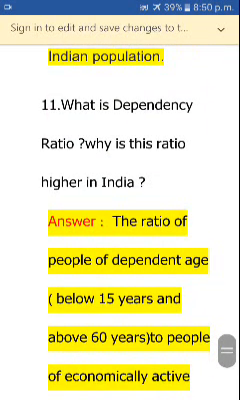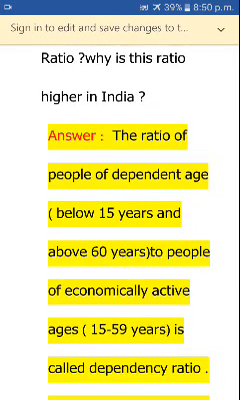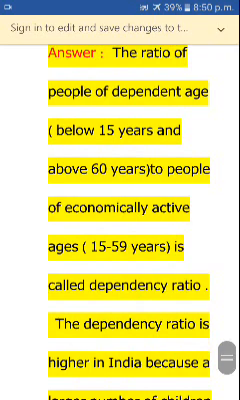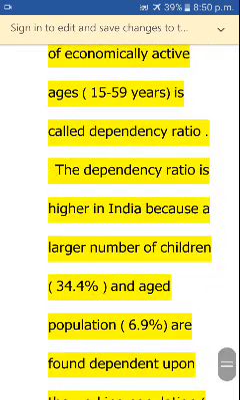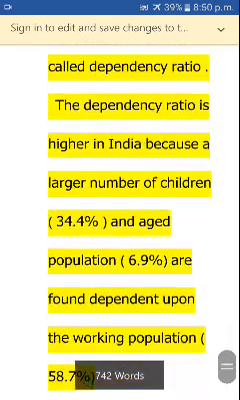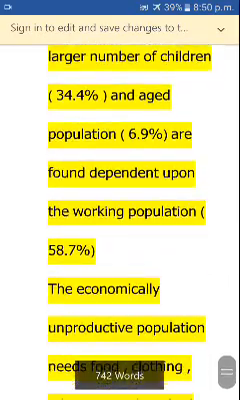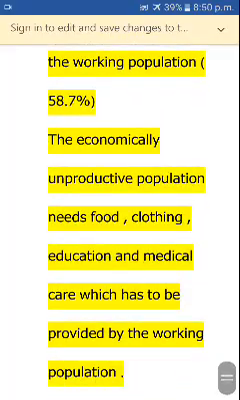What is dependency ratio? Why is this higher in India? The ratio of dependent people below 15 years and above 60 years to people of economically active ages is called the dependency ratio. The dependency ratio is higher in India because a large number of children and aged population are dependent upon the working population. The economically unproductive population